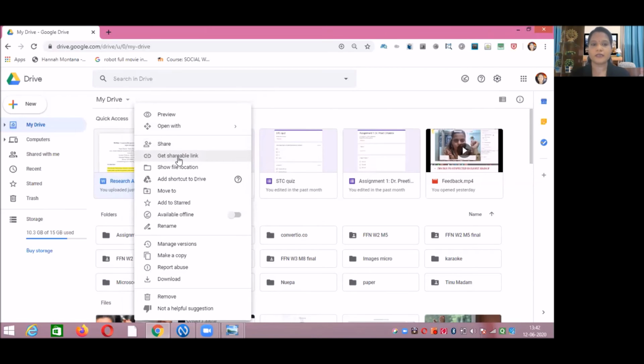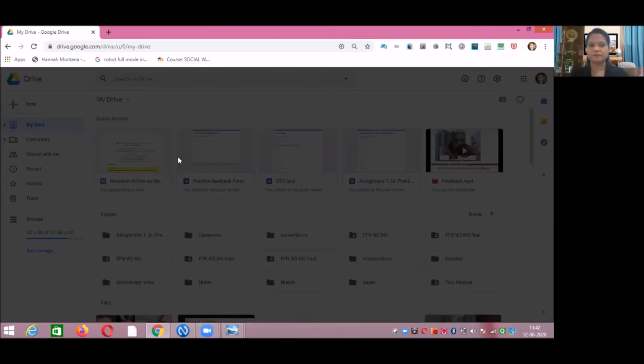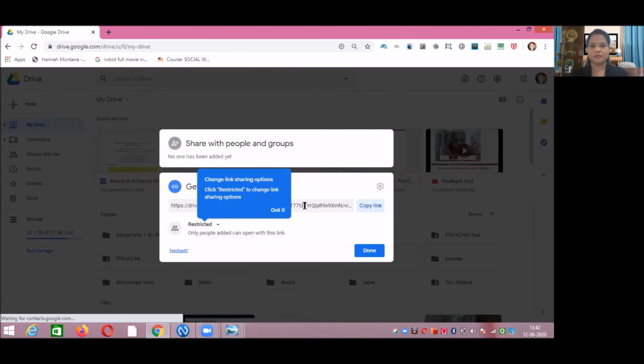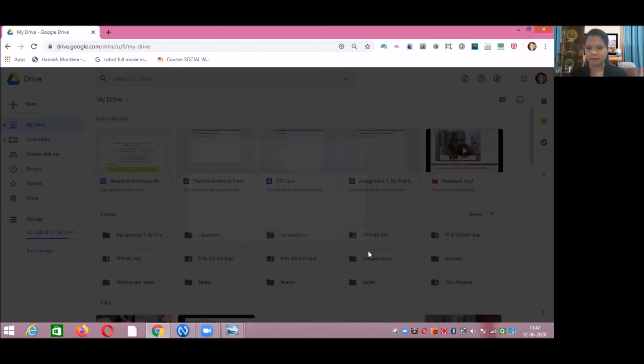Click on Get shareable link. This is the link of your document. To take this link, you have to click on Copy link address. Now the link is copied. Next you have to click on Done.